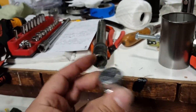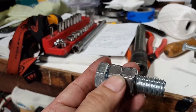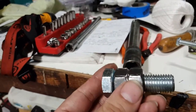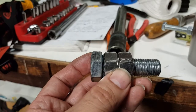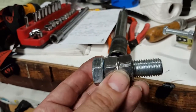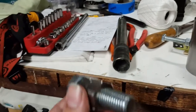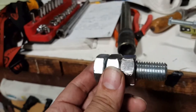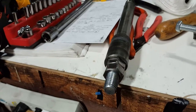You're going to let this sit overnight for 24 hours. Once it's done, make sure you try to line them up as best as possible. See, I got it on there myself, and they're all even. You can use either your socket or a large crescent wrench to get this off. I used a plumber's wrench, which is large in size. But you will most likely be able to get this off with a crescent wrench and an extension bar to give you some leverage. So this fits exactly into this hole right here, so that you can remove your front